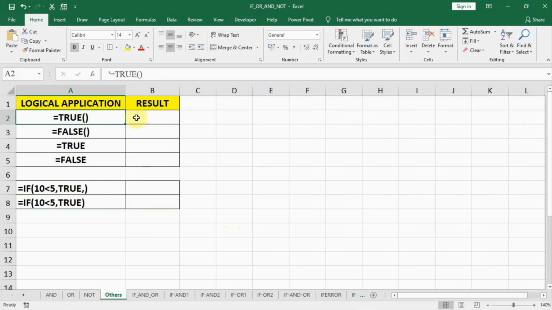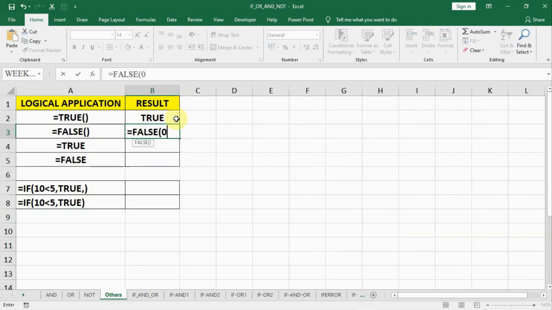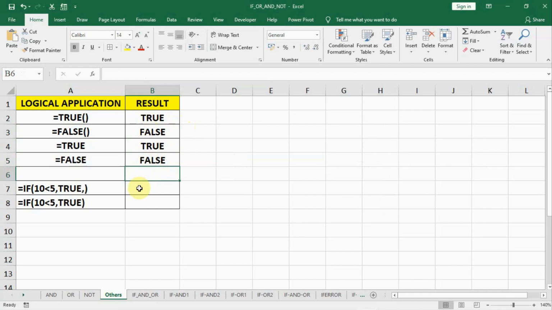There are some other functions also. Like this, we can write TRUE as this also, without passing any argument, just empty brackets, and the answer will still be true. Single argument or no argument is true. Similarly, equal to FALSE will be false. No argument has to be passed. Now equal to TRUE, we need not even write the brackets. It will be true. Similarly, equal to FALSE will be false. All these will be treated as Boolean functions, and the result will be Boolean. That is 0 or 1. 0 is false and 1 is true, or any other number is true.